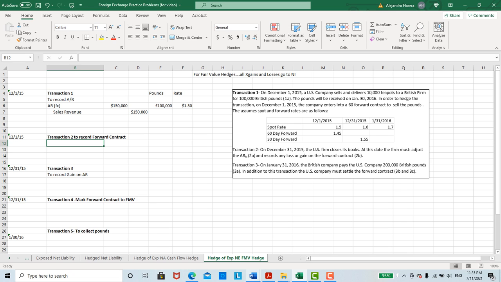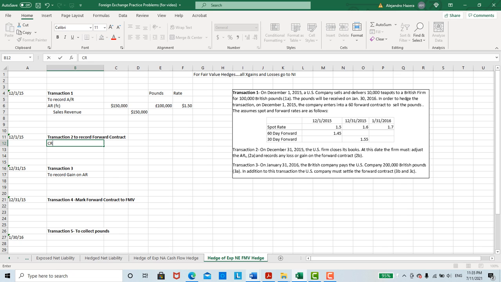Now we're going to just mark it to market, and it should generally go in the opposite direction. With exchange rates moving as expected, it should go in the opposite direction. It won't cancel the whole thing because we're going to discount it, but it should go in the opposite direction of the receivable. You have to get a little bit into the theory of derivatives there. So we're going to record the forward contract, and then